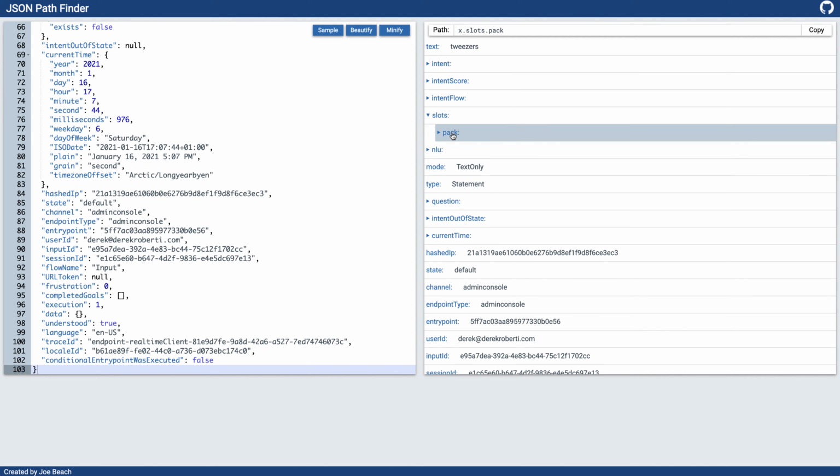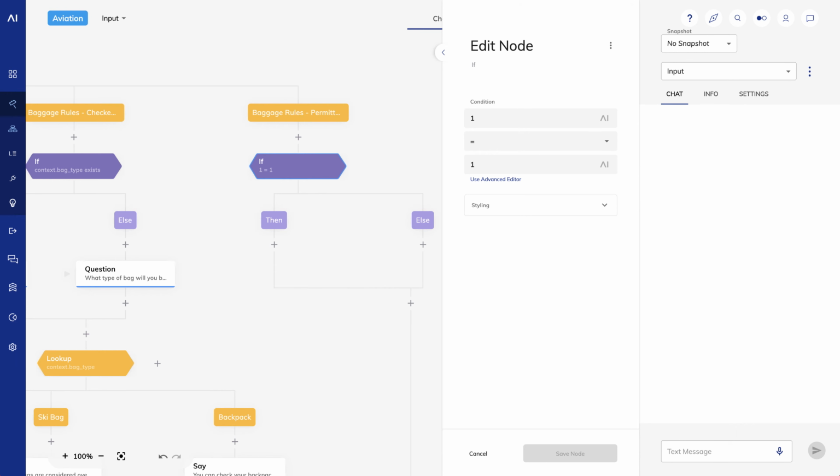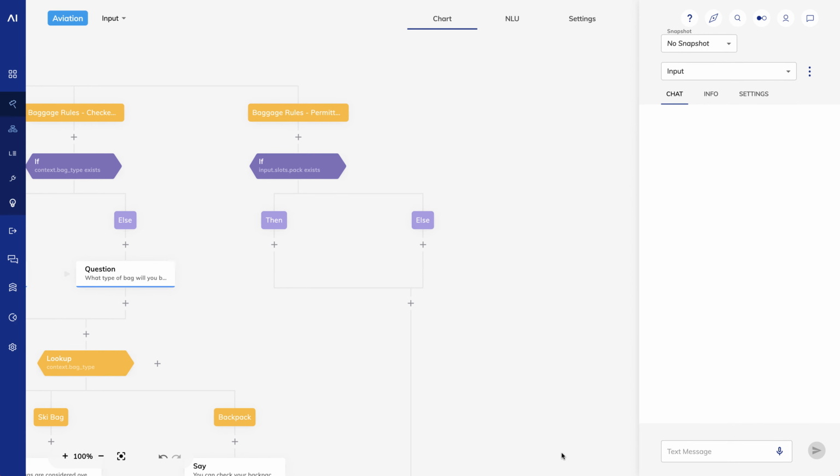I'll go to my Pathfinder and click on PAC, and then copy the path. I'll paste it into my condition. Because I'm getting this information from the input, what the user just said, I'll replace the X with input. If the PAC slot exists, I'll share the rules with the user.